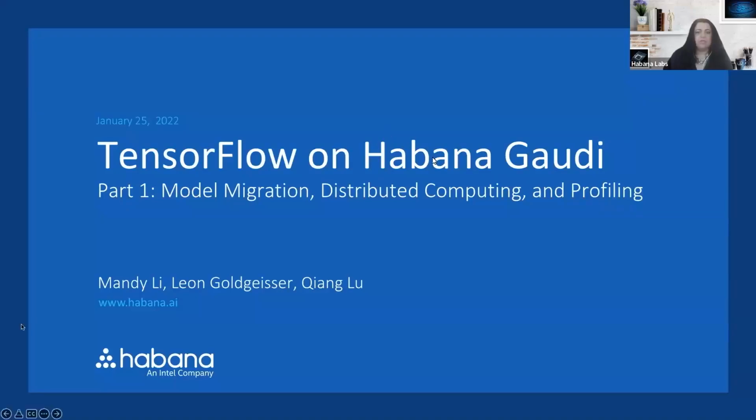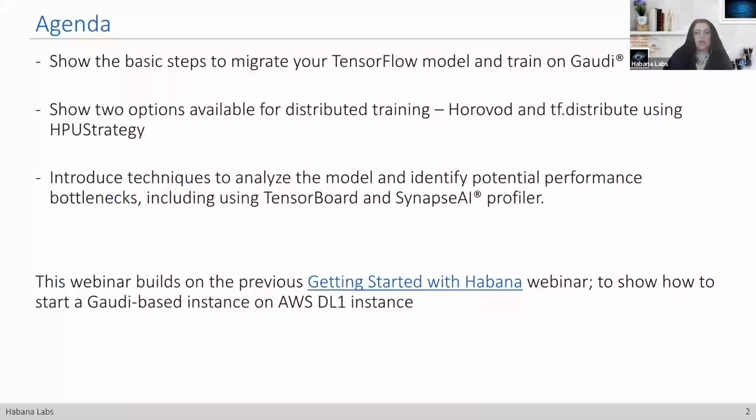This is a 4-session webinar series, and this is the first of the 4 sessions. We welcome all feedback and comments to help us improve the future webinars. This is a TensorFlow and Habana session presented by 3 of our team members. We have Mandy Lee from our application engineering organization, and we have Leon Goldsiger and Xiang Liu from our field